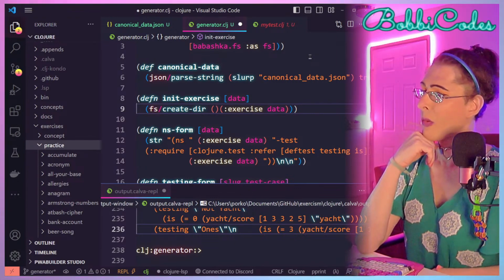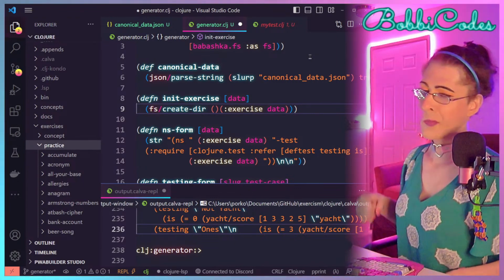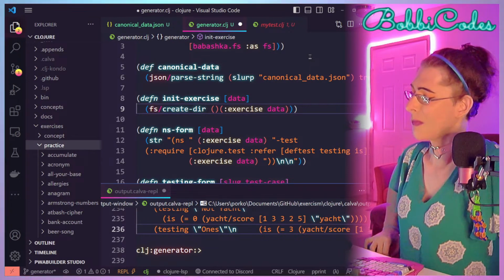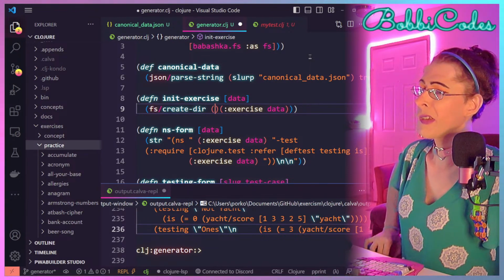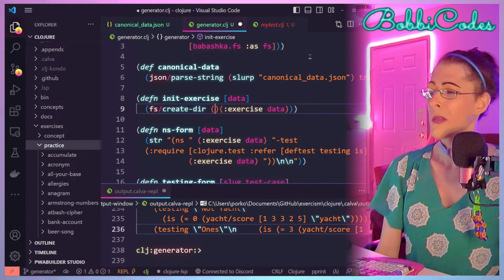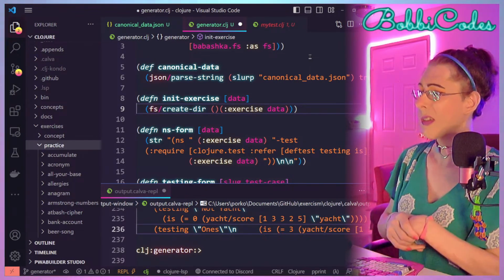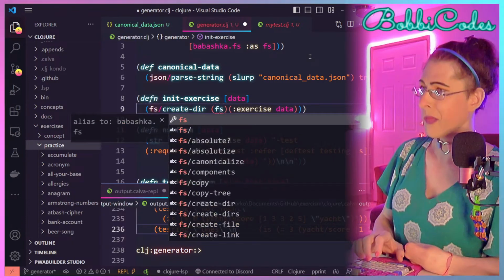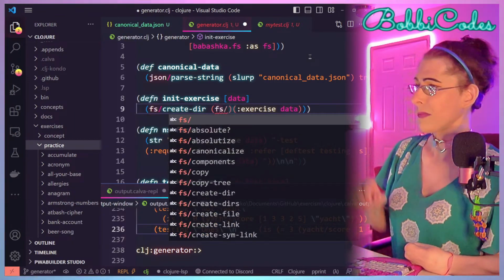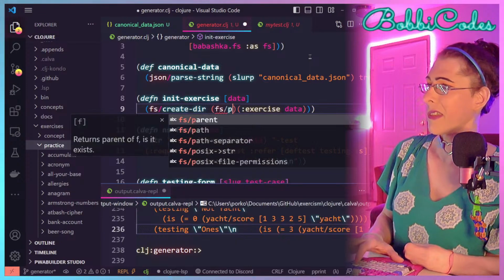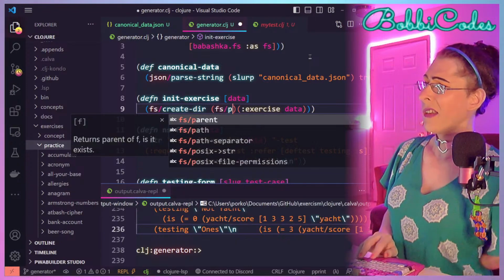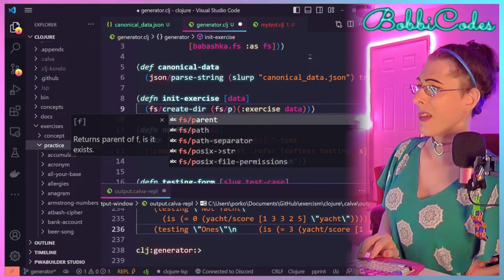No, because we want this to be a cross-platform script, right? And Windows does directory paths differently. So maybe it would be fs path, and this might take a path anyway.